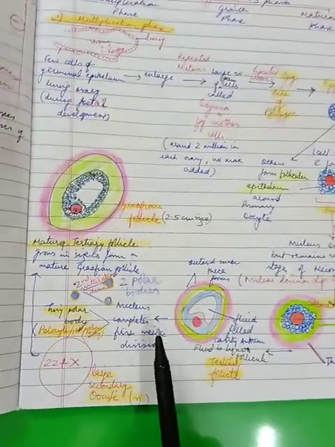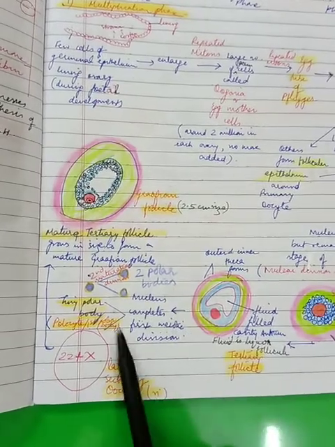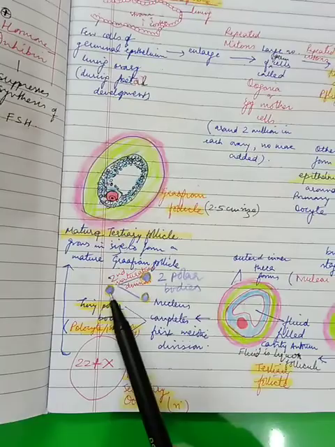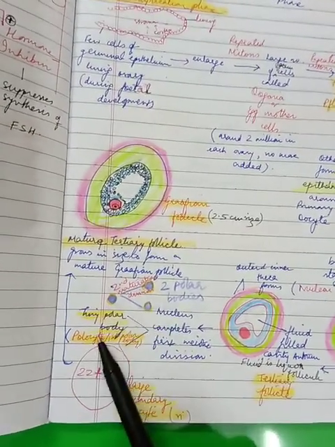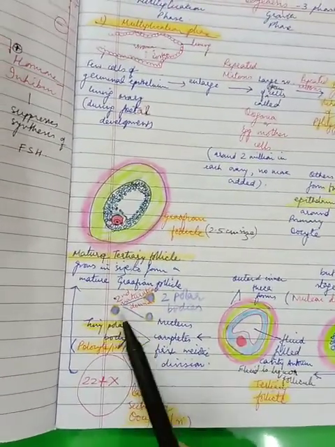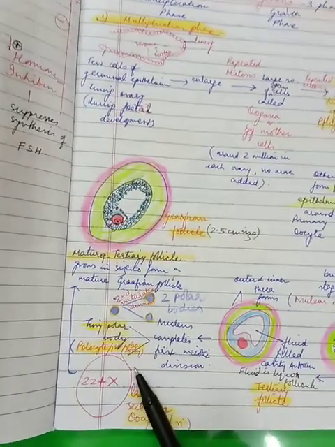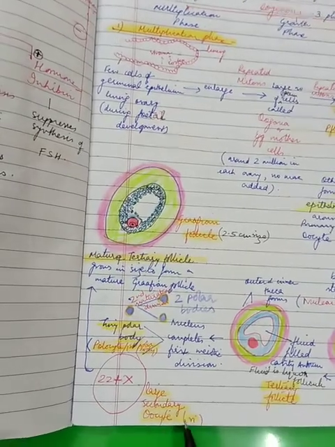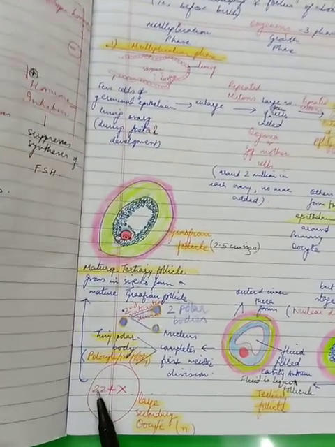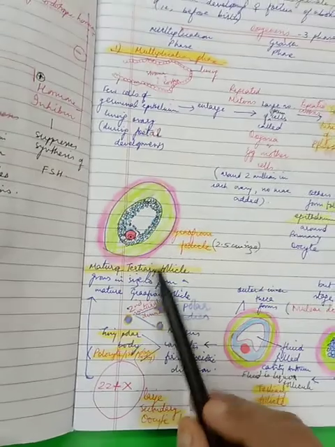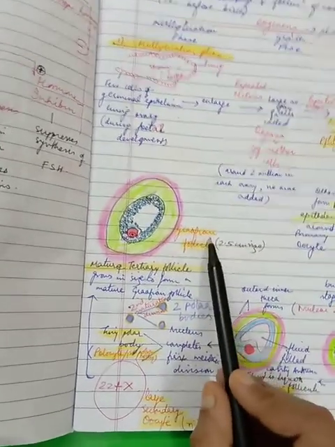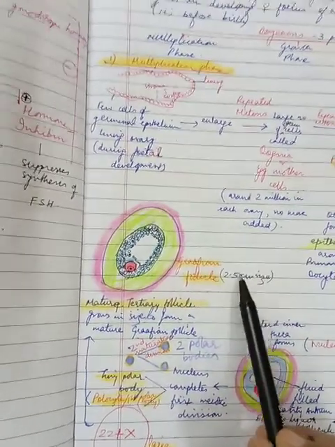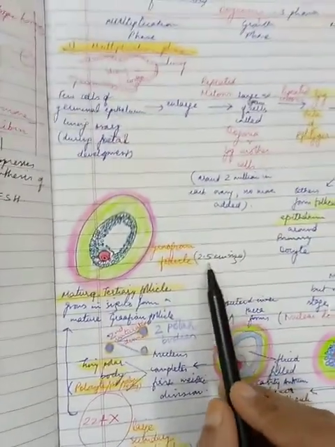Then here, now the nucleus completes the first meiotic division and the result is a polar body which is very tiny and functionless. We call it polocyte, or the first polar body is released. And what else is released is a large secondary oocyte, right, which is haploid. So this secondary oocyte will now mature into the Graafian follicle. It will grow in size to form a mature Graafian follicle which is 2.5 centimeters in size, right?